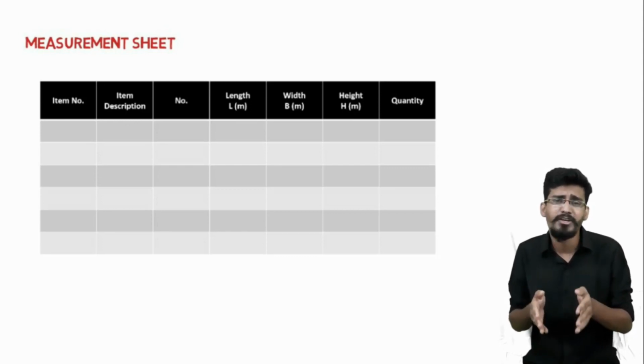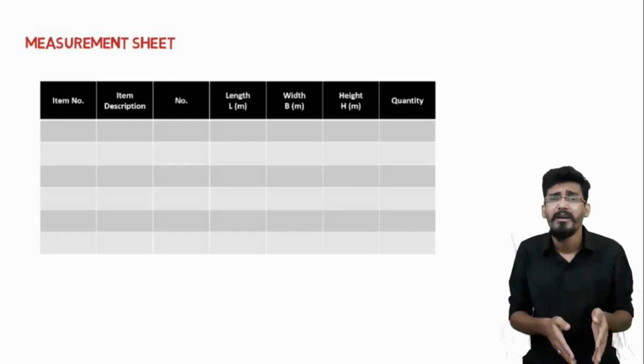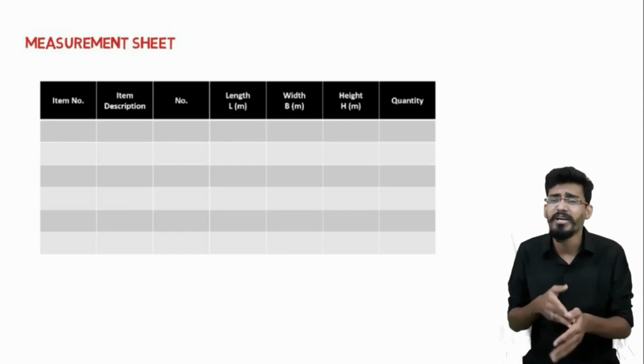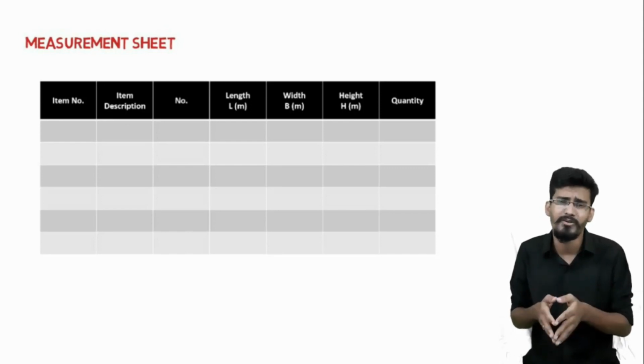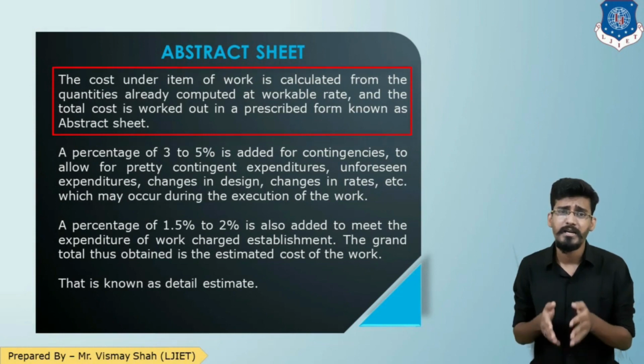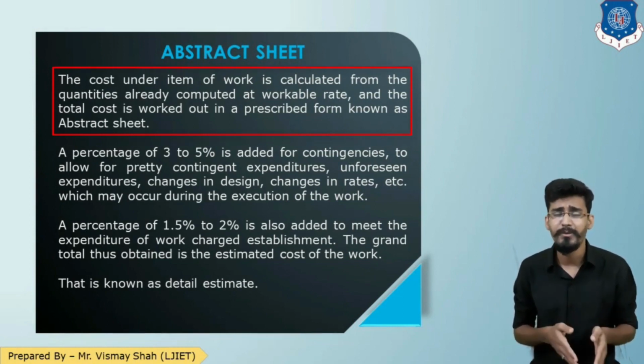Now, after the measurement sheet is prepared, you need to prepare an abstract sheet. This measurement sheet and abstract sheet you have already learned in the sessions of building estimate. So now, moving forward with the abstract sheet. The cost under each item of work is calculated from the quantities of the measurement sheet and the workable rates from